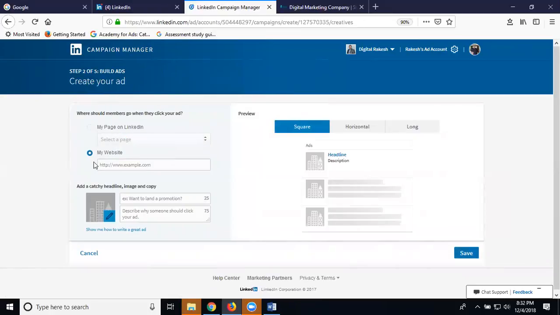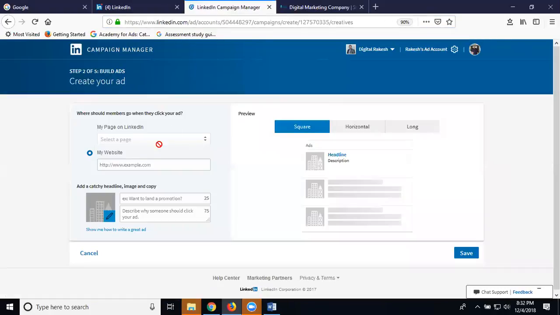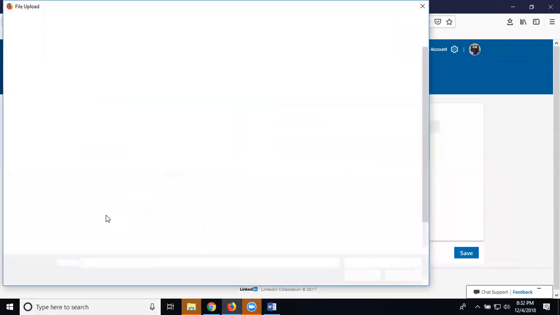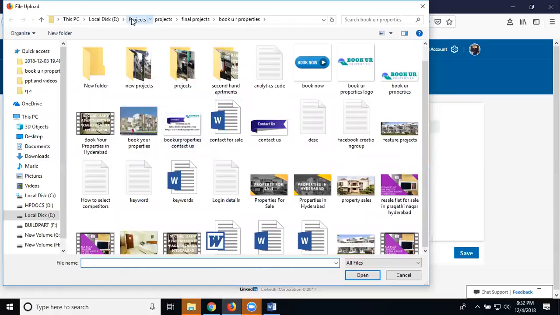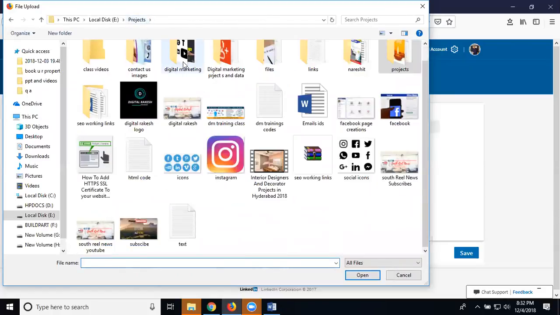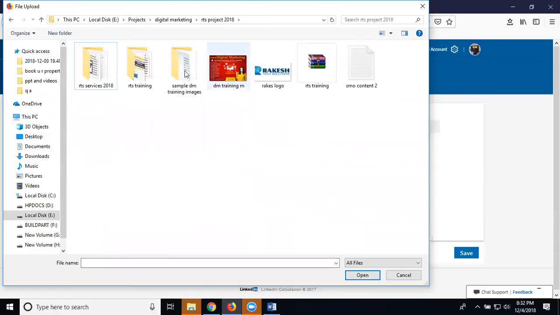First of all, website, and show your company page. So I'm searching for the website. Add your option. Specific folder. Anyone is a particular one highlighting through images. Select it.